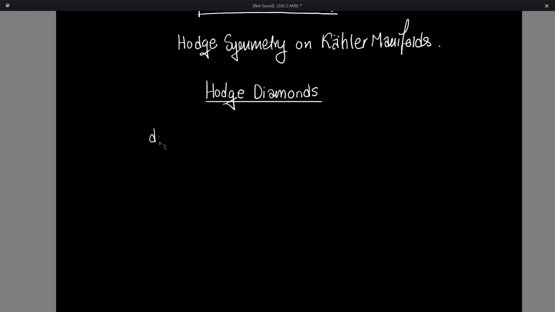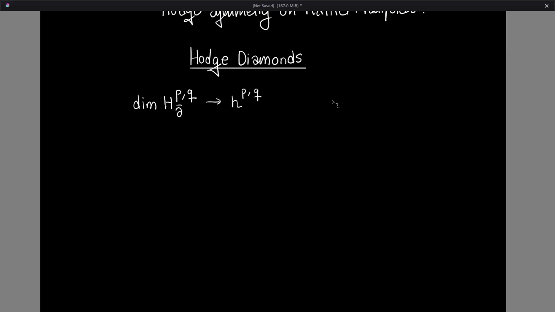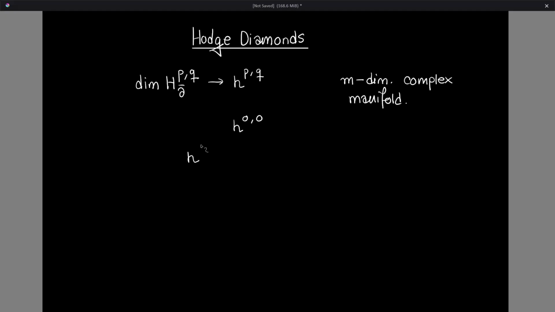Well, we have the dimension of the Dolbeault cohomology groups, H^{p,q}_∂̄, and this is the Hodge number, h^{p,q}, right? And so let's say we have an m-dimensional complex manifold. Then in this situation, we will have a bunch of Hodge numbers. So basically they'll start from h^{0,0}, every manifold will have this. Then you have h^{1,0},